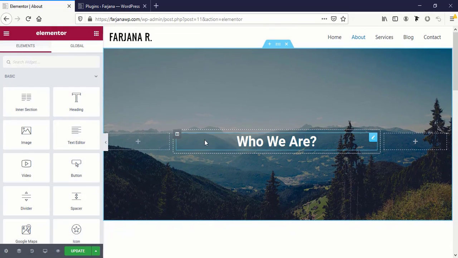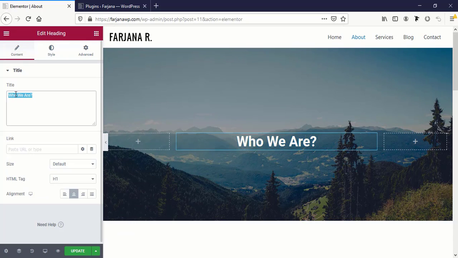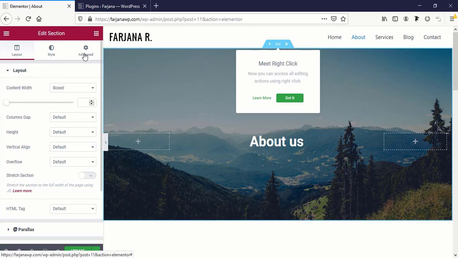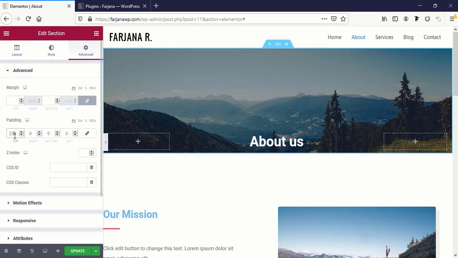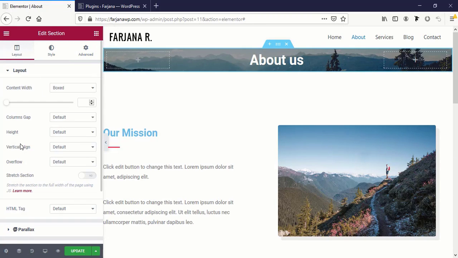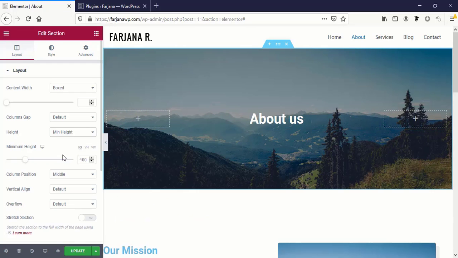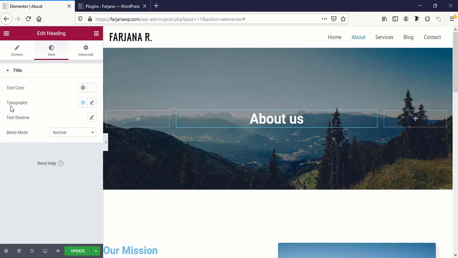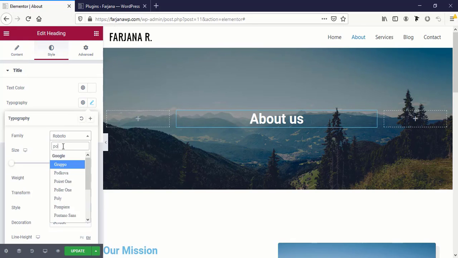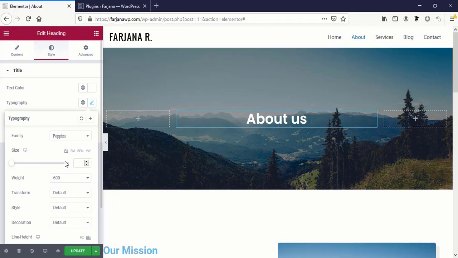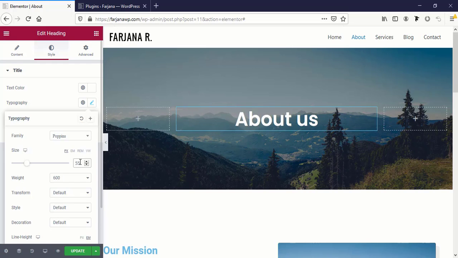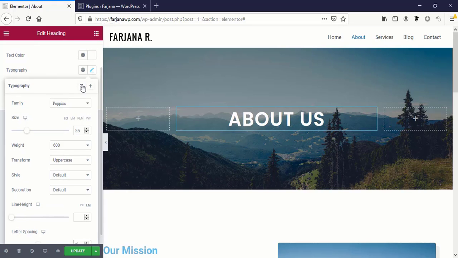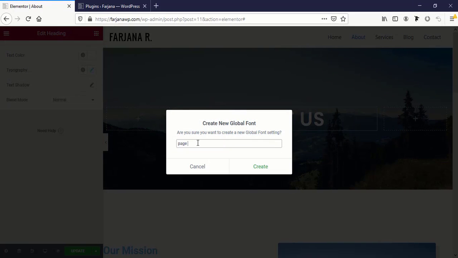Yeah, now we can make some small customizations as we need. I'm changing the text to "About Us", and going to the settings of the section and removing the bottom padding and top padding, and again going to layout and setting a min height of 400 pixels. We can also increase the font size for "About Us". In typography, we can search for Poppins, set the font size to 55, transform to uppercase, and set the letter spacing. And I'm just saving it as page title